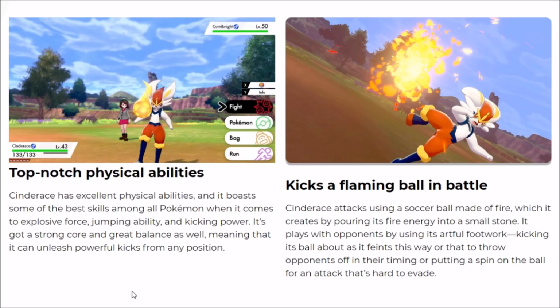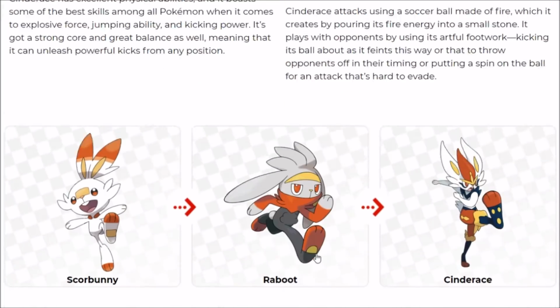Cinderace has excellent physical abilities and boasts some of its best skills among all Pokemon when it comes to explosive force, jumping ability, and kicking power. All of its training has come to this. So I like that. I like how Raboot kind of gets in his own edgy...